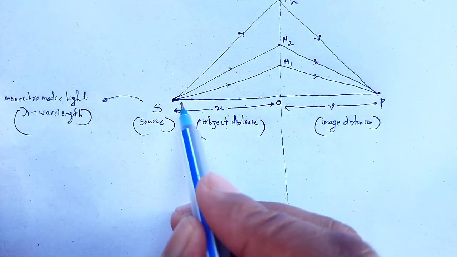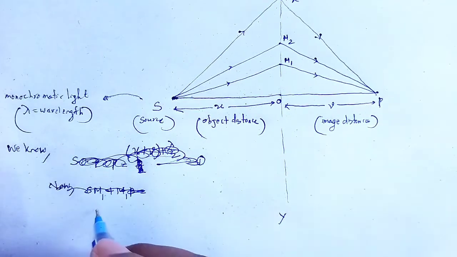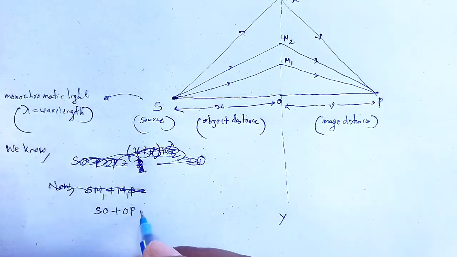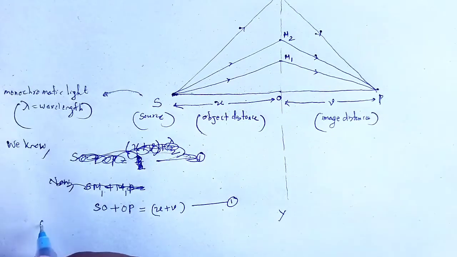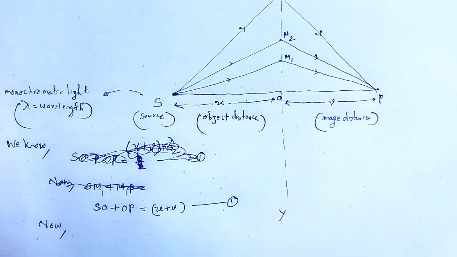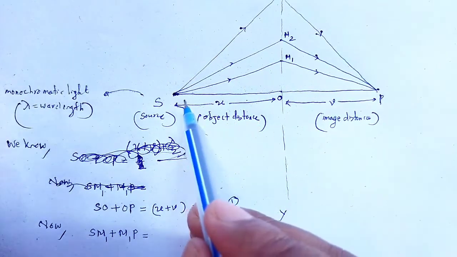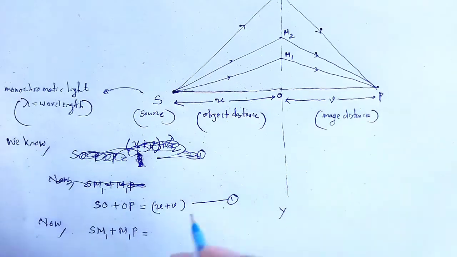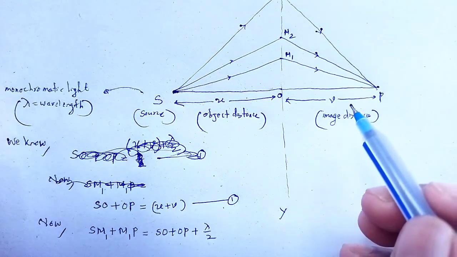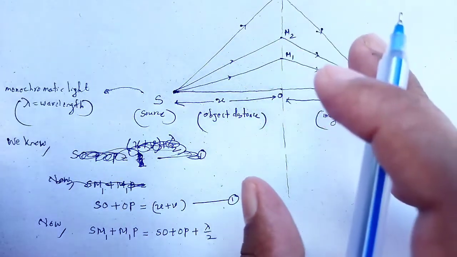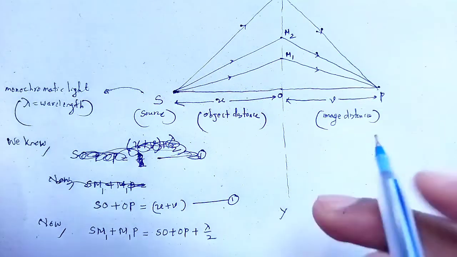As we know SO plus OP is equal to U plus V, let equation number 1. Now SM1 plus M1P, which is the additional path difference of SO plus OP, SO plus OP plus lambda by 2. According to the theory of Fresnel's half period zone, each successive half period zone has an additional path difference which is lambda by 2,